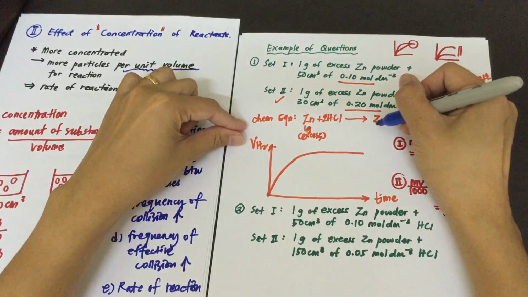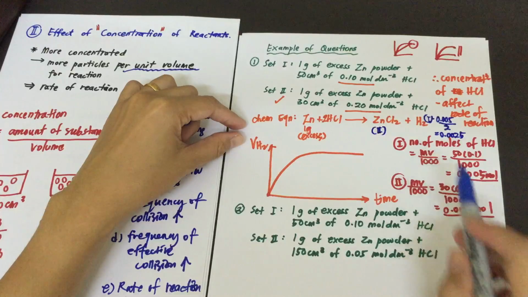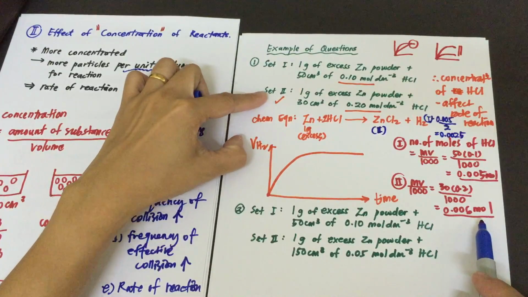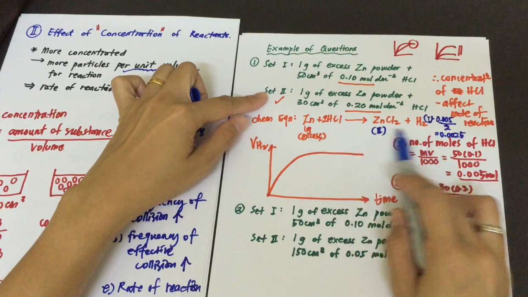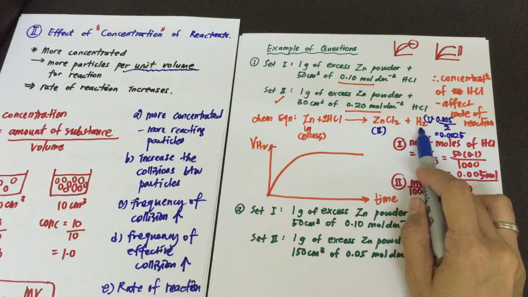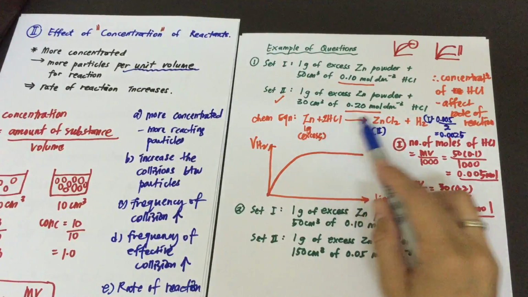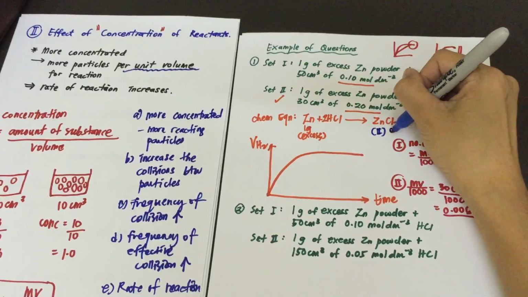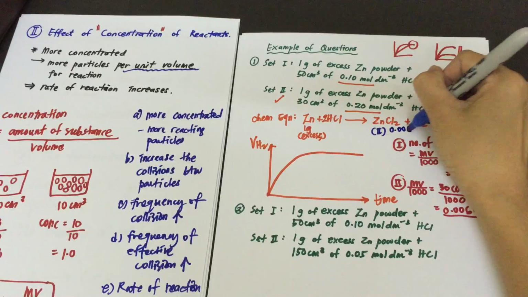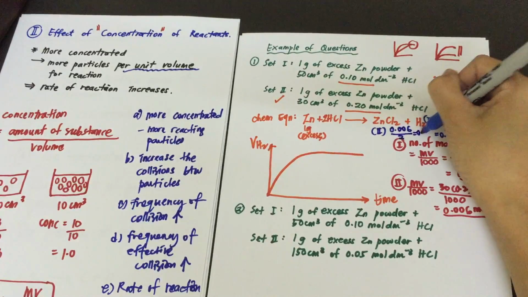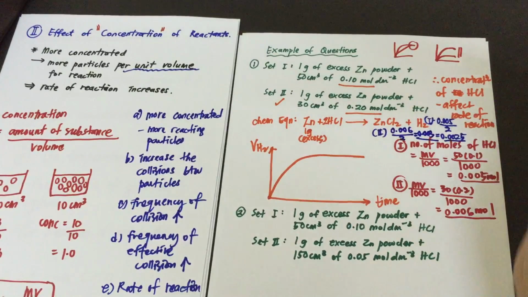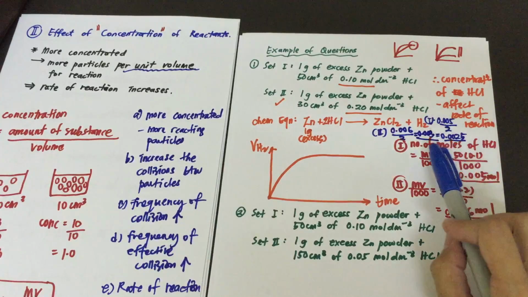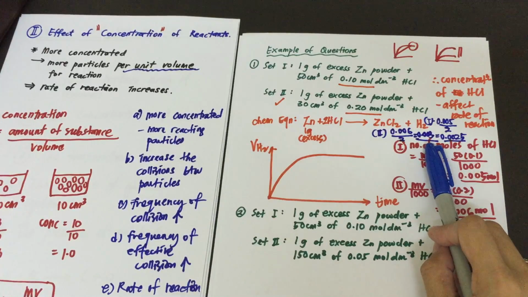While for the second set, HCl gives 0.006 mole. So according to the chemical equation again, and also the ratio between the hydrogen gas and the hydrochloric acid, for the second set, hydrogen gas will be 0.006 divided by 2, which is 0.003 mole. So with this, we understand that the second set will generate more volume of hydrogen gas compared to the first